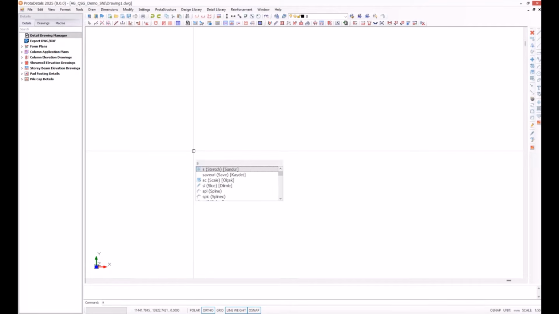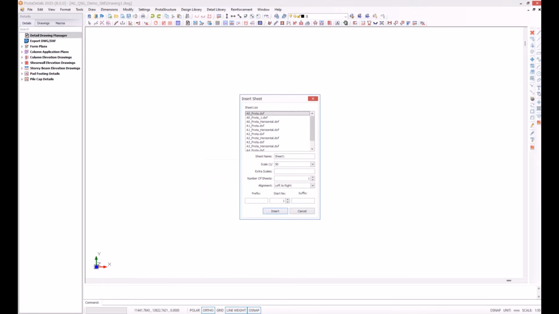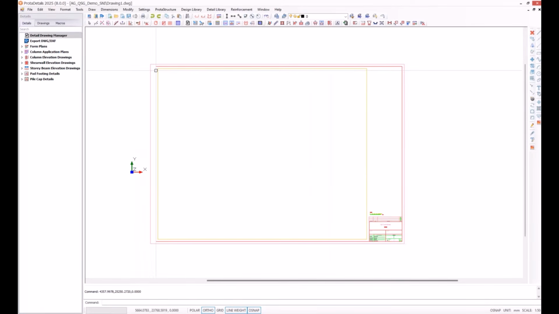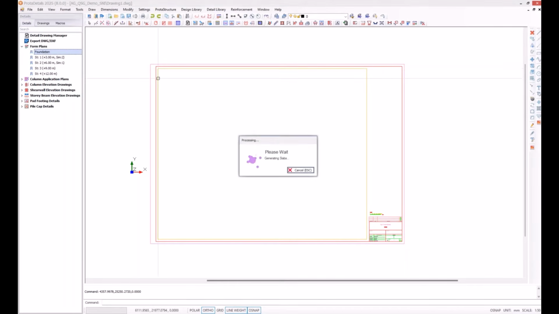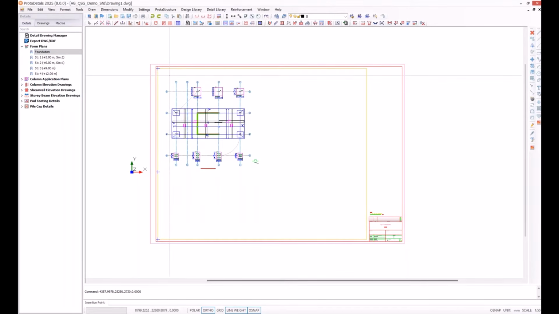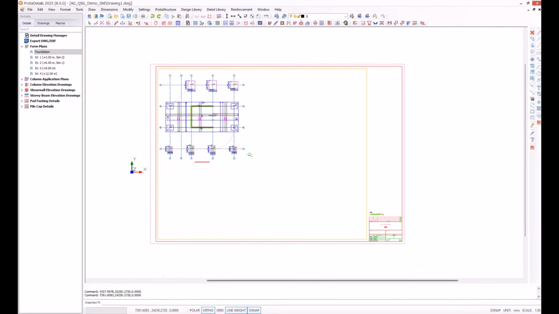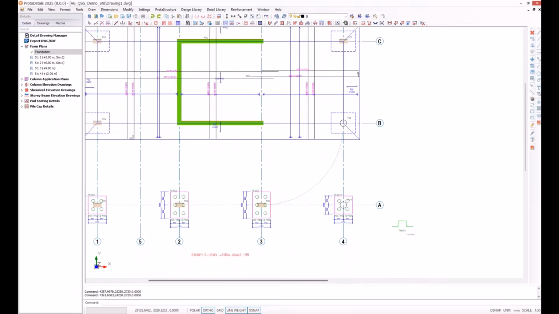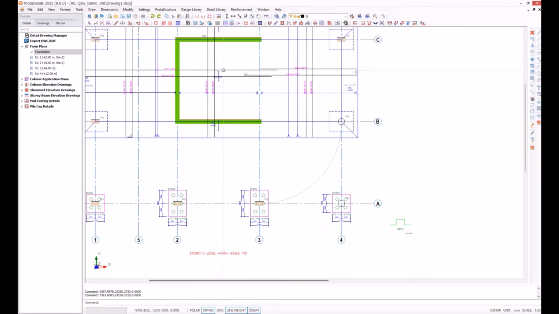Okay, so I'm going to call the sheet command here. And I'm going to utilize one of the existing sheets that I already have and insert it here. This is going to be my foundation sheet, and I'm going to create all the details about the foundation on this sheet. First of all, the key plan, the form plan will be laid out here. Okay, but I see the detail here with the chair bars, etc., counted for this mat foundation.